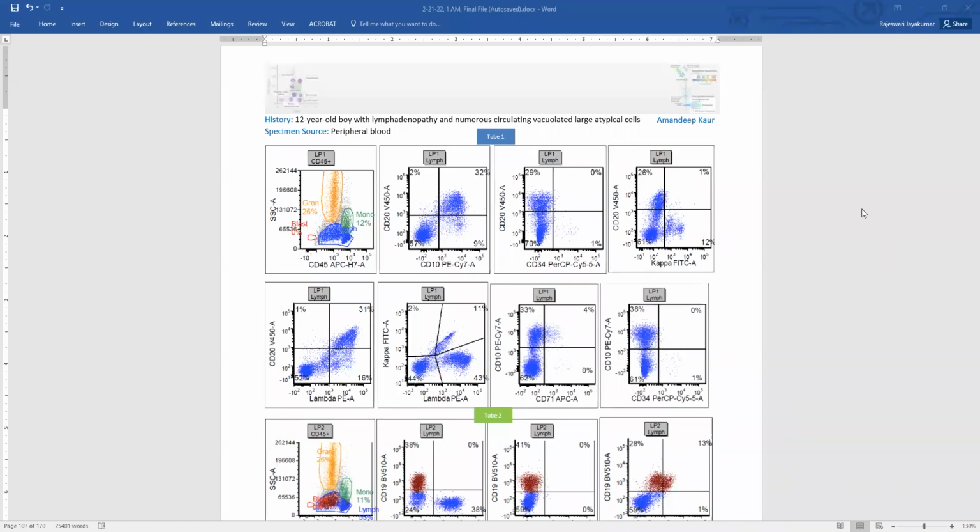Hello everyone. We are now going to go over the peripheral blood flow cytometry plots from a 12-year-old boy who presented with lymphadenopathy and numerous circulating vacuolated large atypical cells. So let's start with CD45 versus side scatter. And here we see a population in the lymphocyte gate that is bright CD45 positive and has low side